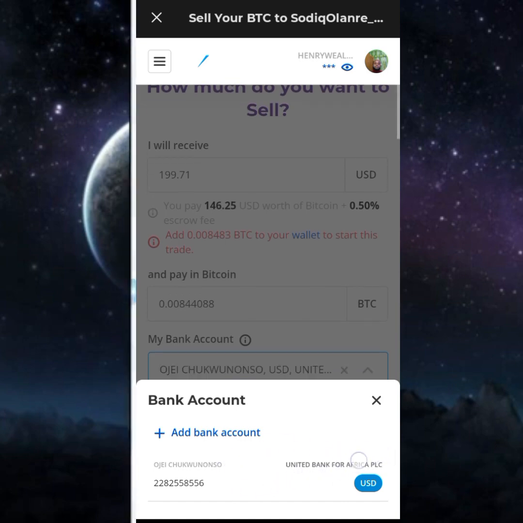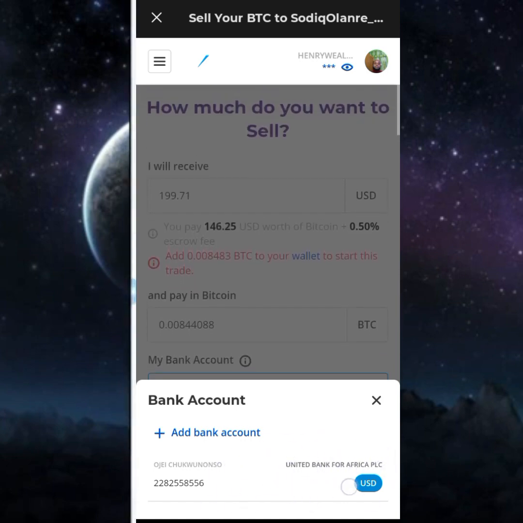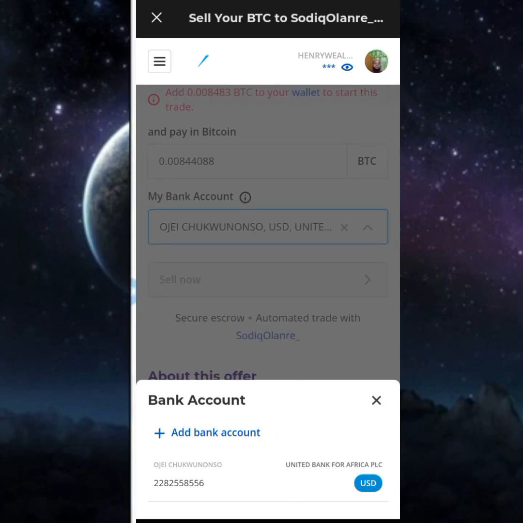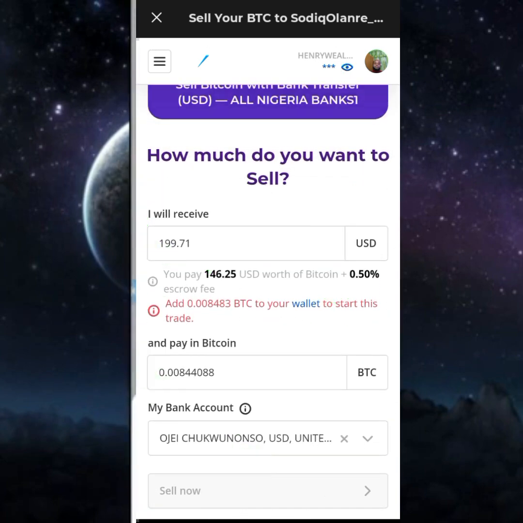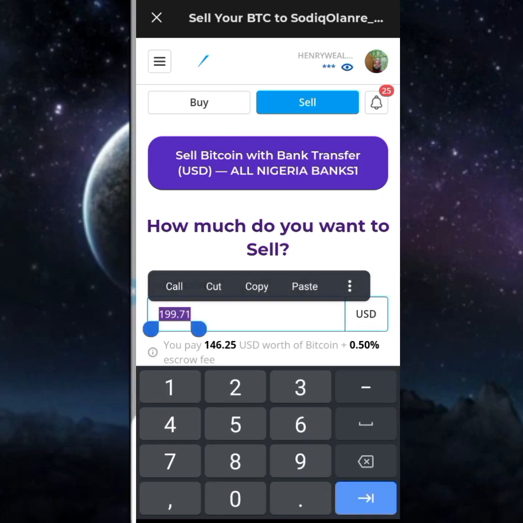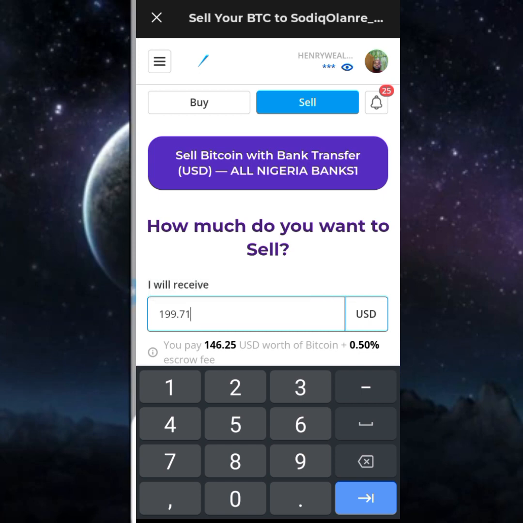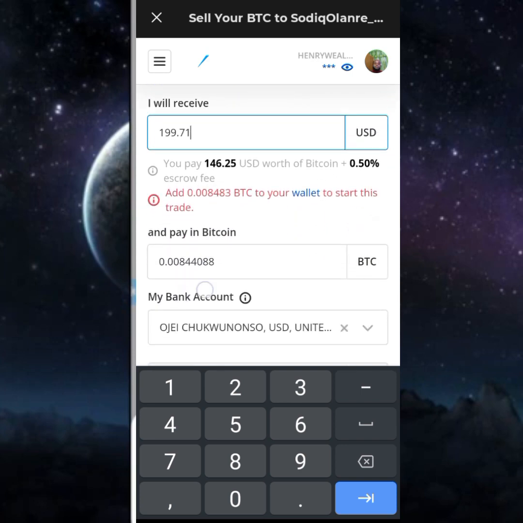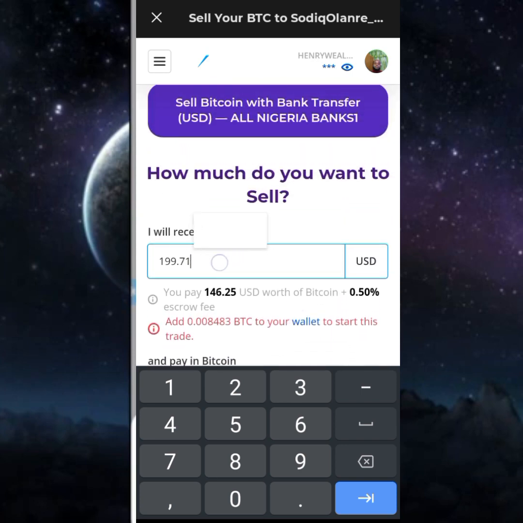So here is my UBA USD account. You can see it here, which means my dollar account, but you can check it with any other one. So when you come here, you see that this guy is buying this BTC and is going to send you dollars to your account. Now I'm going to copy. What you are selling now is this BTC worth 100,000. If you remember, this guy is sending 199.70 USD, 0.71 sent to your domiciliary account.